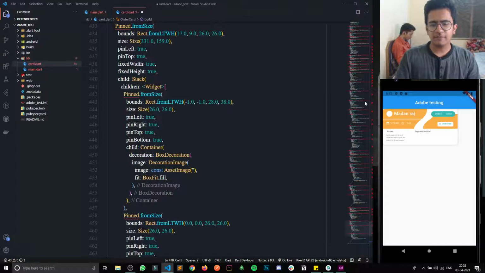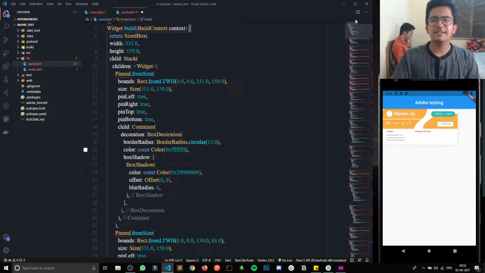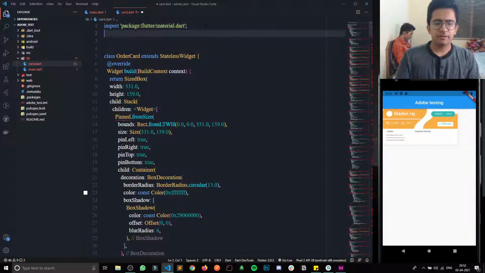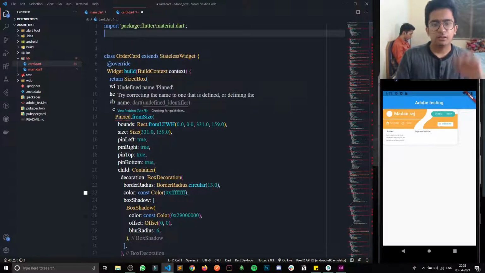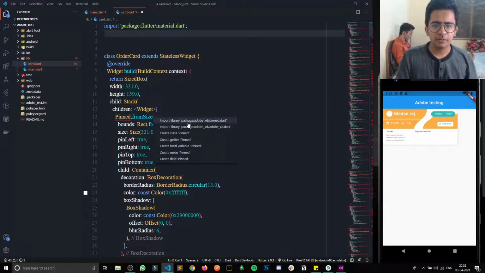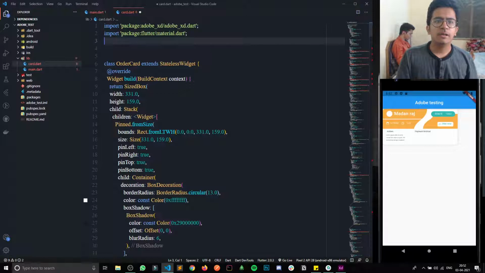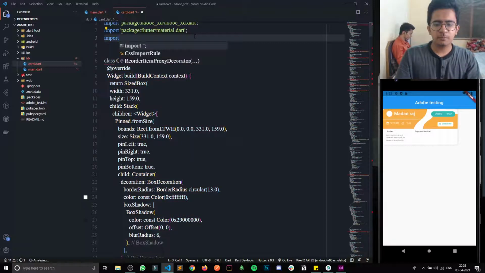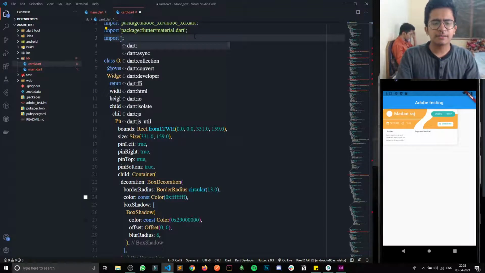There are some errors, but it's nothing more than importing two packages. The first is the Adobe XD package, adobe_xd. And then one more package, Flutter SVG.